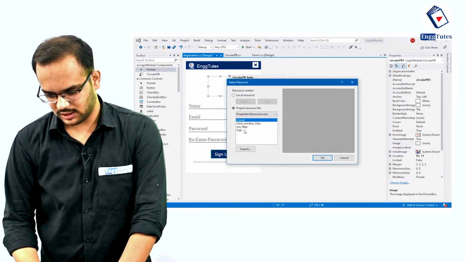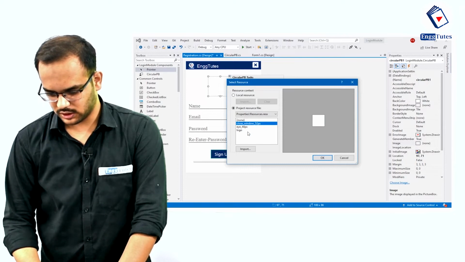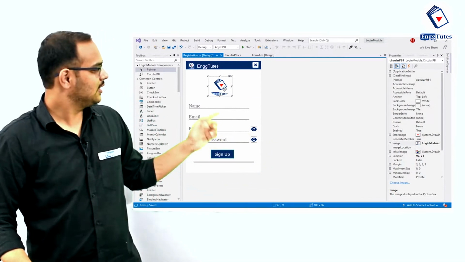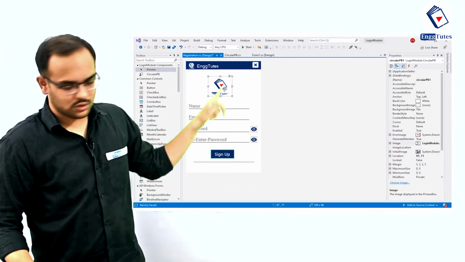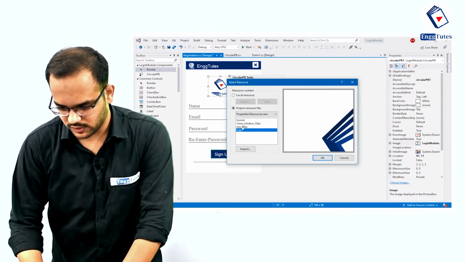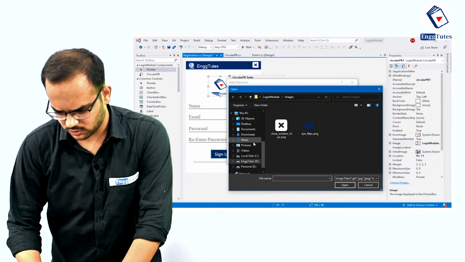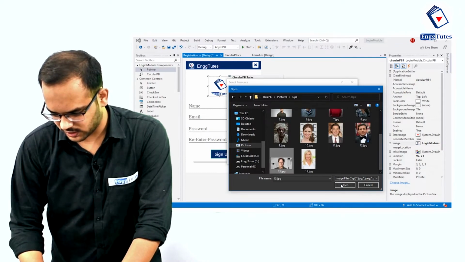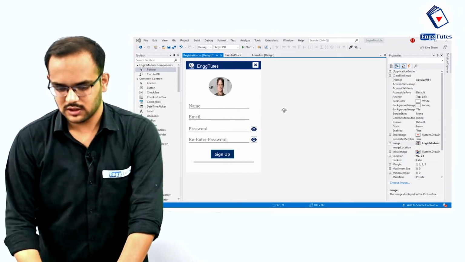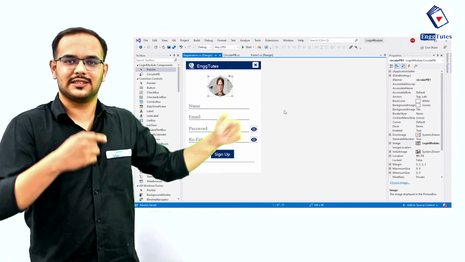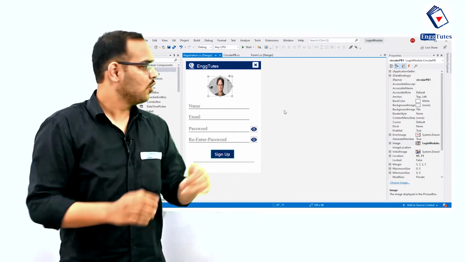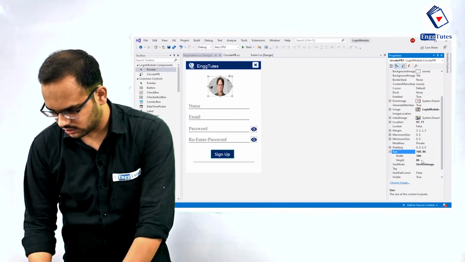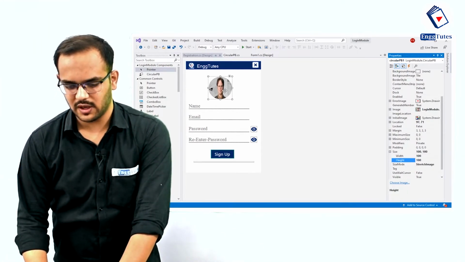Let's say we print our logo over here. So yes, you can see this is a circular picture box, right? Let's add some DP. I think I have it in pictures. Yes, pictures, DPs, and now let's add this one. Here you can see our DP is rendering as the ellipse that we have generated. To get a perfect circle, just make its size a square. So width 100, height 100, then you will get a perfect circle over here.